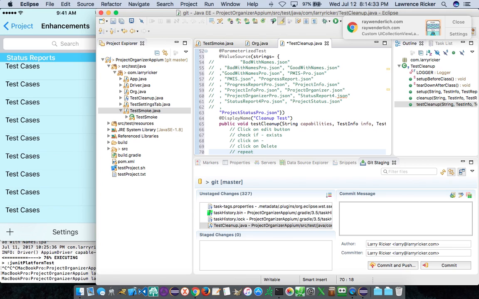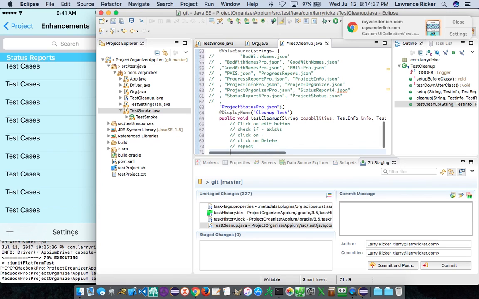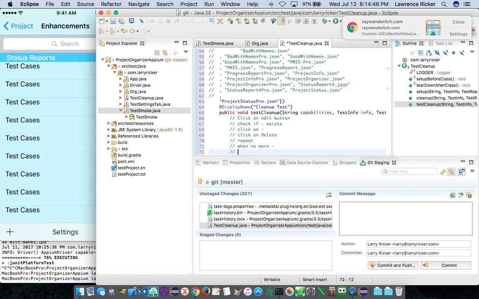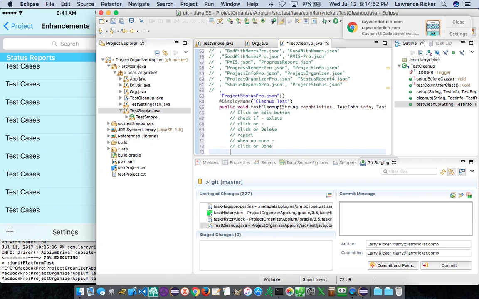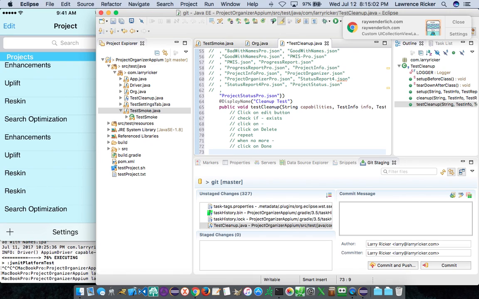That's basically it. Oh, and then after, when no more dash, click on done. And by the time this runs, there should be no projects left on this main screen. And that main screen again is up back here. Okay, so